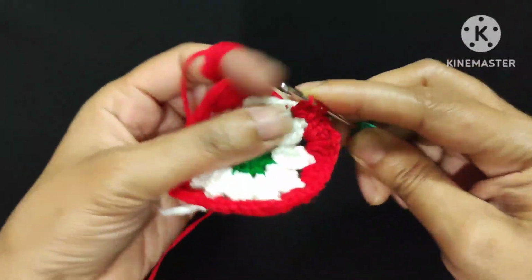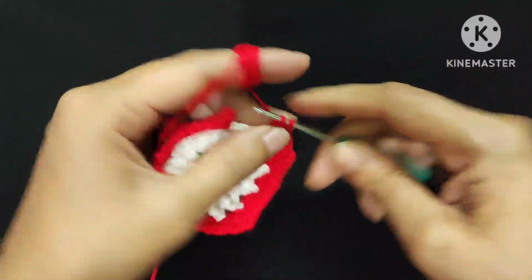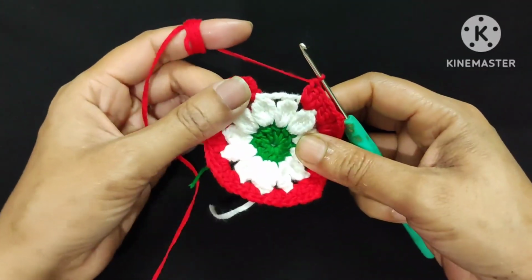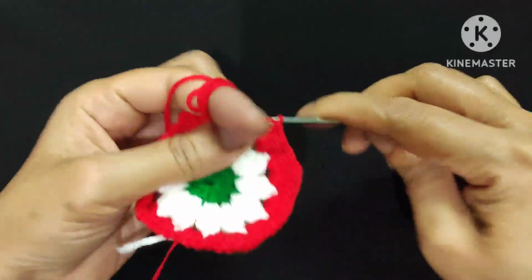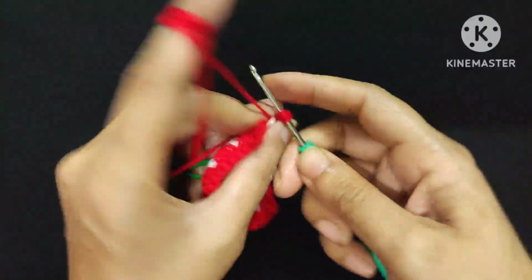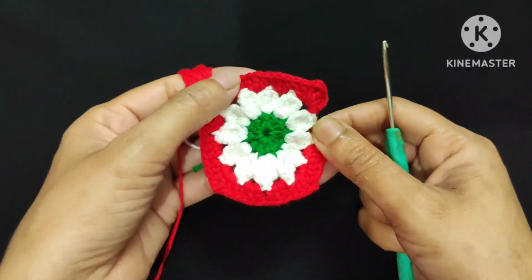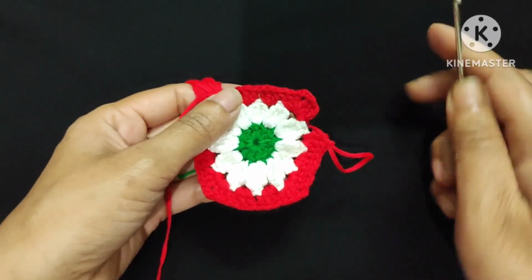1, 2, 3 double crochet. Now I will make 3 more double crochet into the last space. 1, 2 and 3 double crochet. In the beginning of the third round, at first I join this red yarn into this